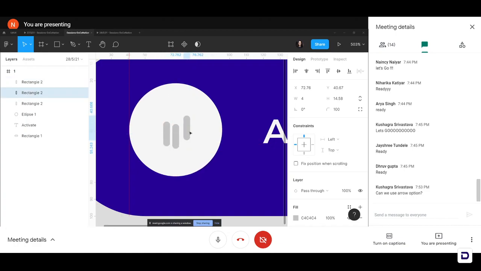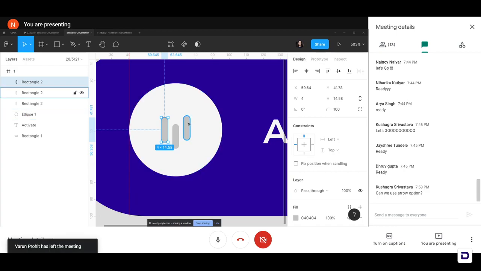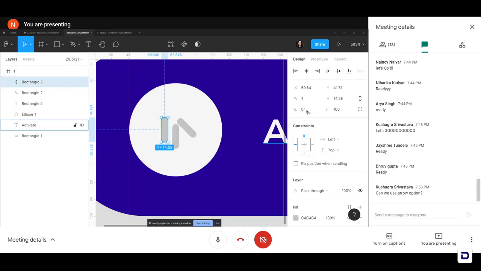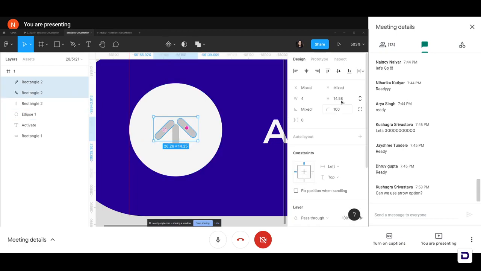For these two rectangles, I need to make them look like an arrow. So I am going to change the angle. To change the angle, I will select one of these rectangles and head over to my properties panel. Over here, you can see your X, Y, and width and height, and this little angle icon. I'm going to change that to 45 degrees on one of them. And on the other rectangle, I'm going to change it to maybe minus 45 degrees. Once I'm done with that, I am going to reduce the height of these to maybe 6. That is too small, maybe 8 will do. Yeah, okay.